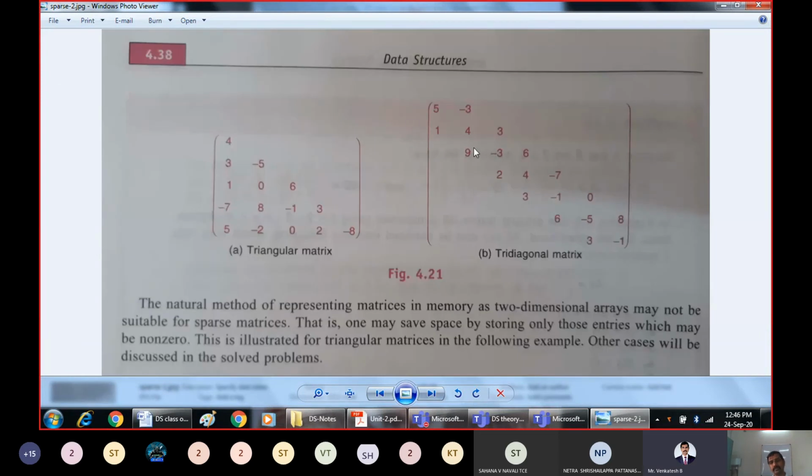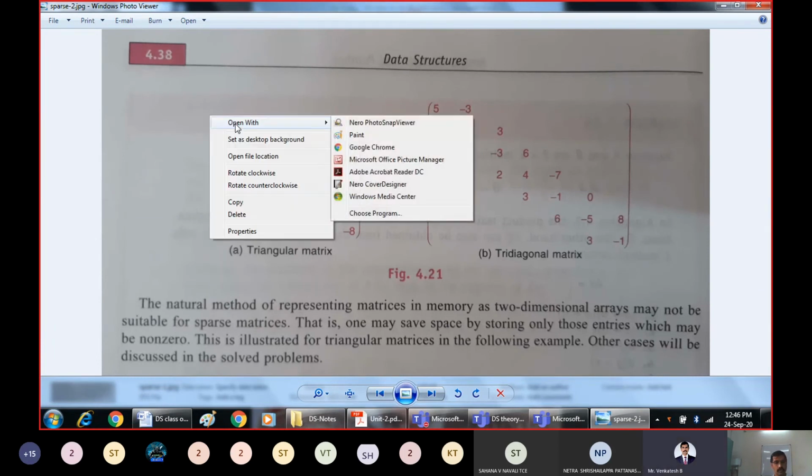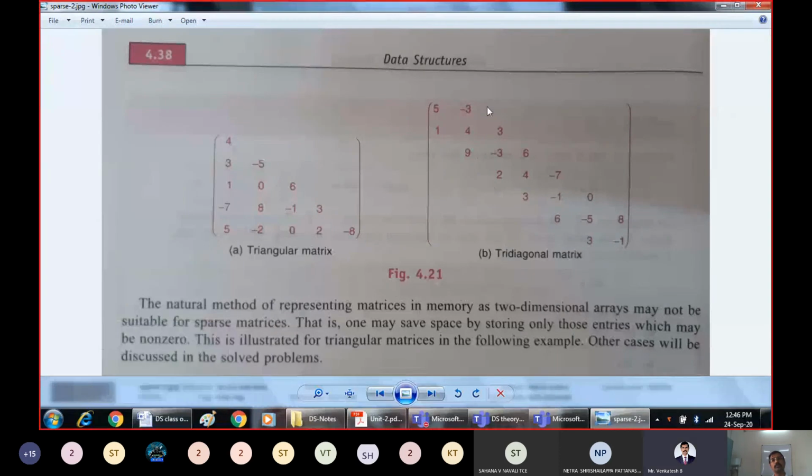In a tridiagonal matrix, non-zero elements can be present only on this diagonal, plus the line above the diagonal and the line below the diagonal. Only these three lines can have non-zero elements, and all the remaining places will be zeros. Above these locations are zeros and below these are also zeros. Then it is called a tridiagonal matrix.